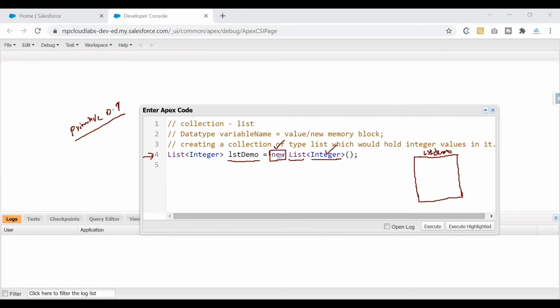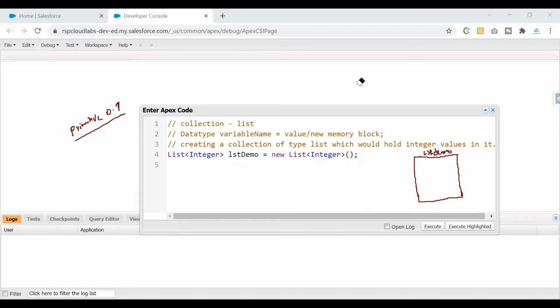When it comes to user-defined types, you need to write your new keyword so that you can convey to Salesforce that, yes, I'm going to create my own user-defined data type, which is of type list of integers. Or in your next part of code, you might create another user-defined data type, which is nothing but list of strings, or you can write another list. It is up to you how you want to use it.